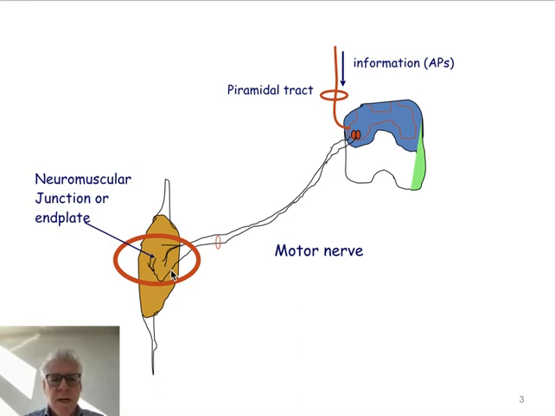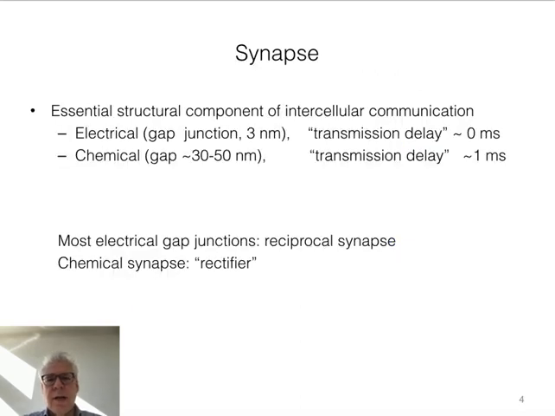And actually, this is an example of a peripheral chemical synapse. We discussed synapses previously as well. There are many of those in the central nervous system, but clearly we have synapses as well in the peripheral nervous system. And it's an essential structural component of intercellular communication. And just as a short recap,